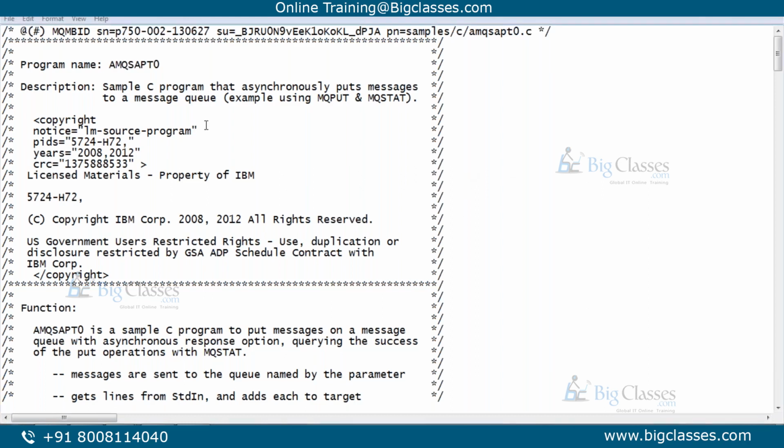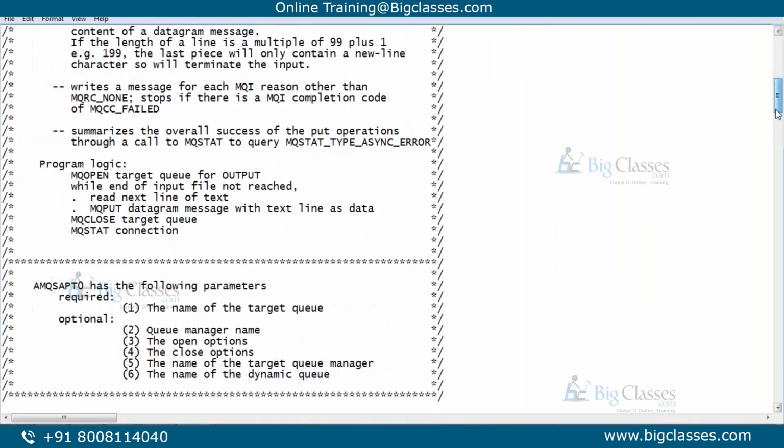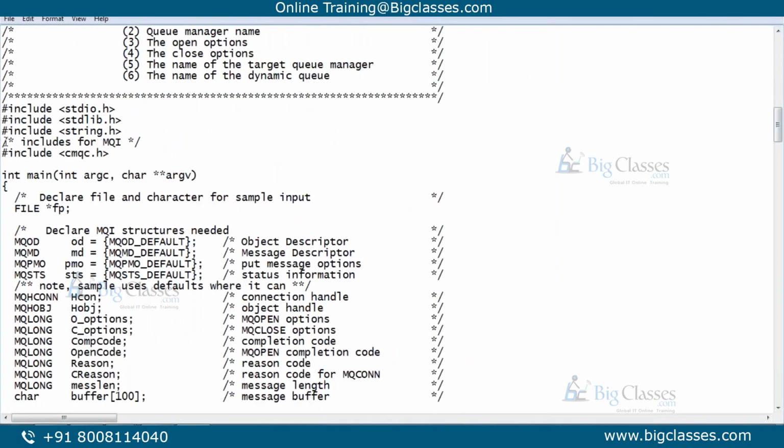So this is a sample C program. It wants to put the message on MQ queue. Can you see this? Yeah, I can see that. I selected the statement, it includes MQI. MQI stands for MQ interface.